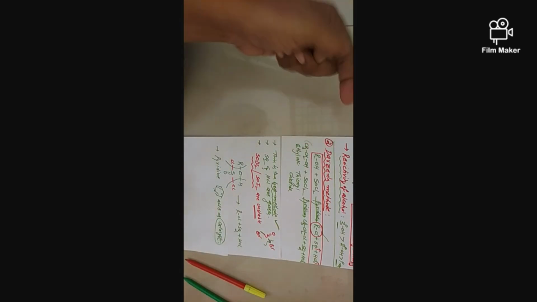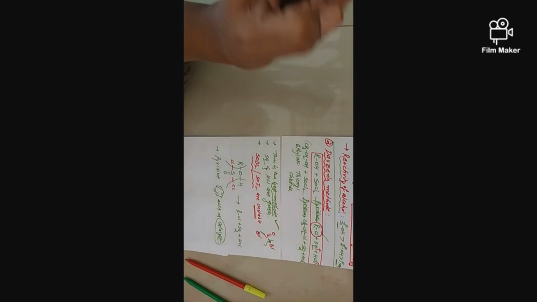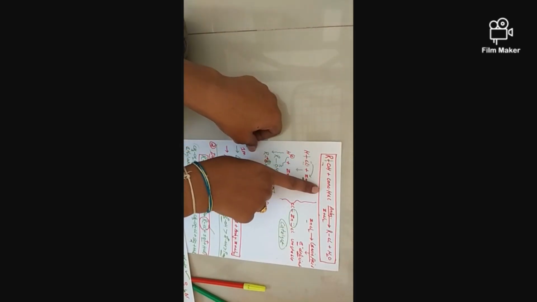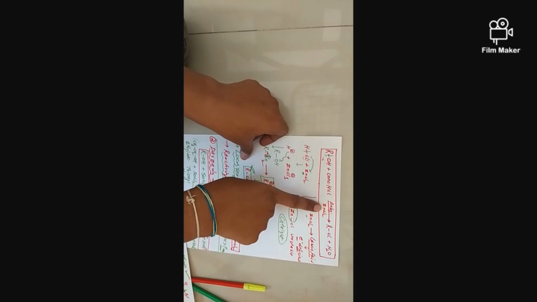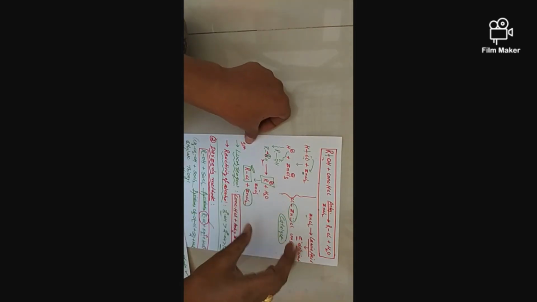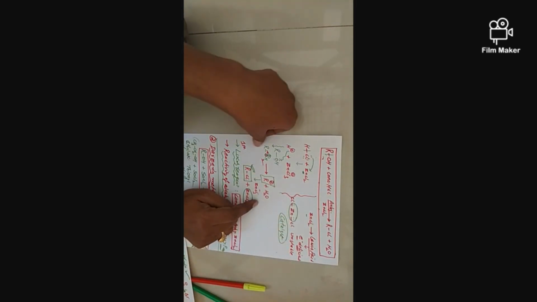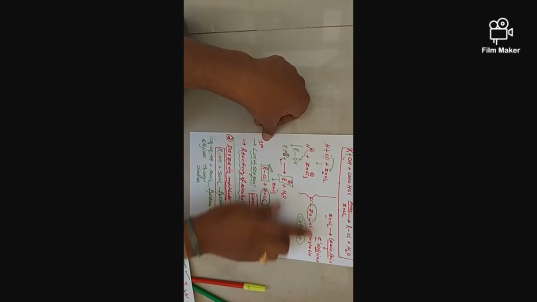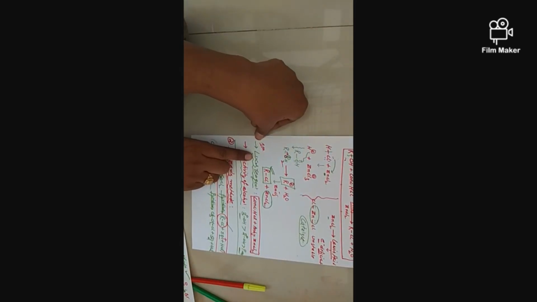So this is the information about only two reactions: Groves process and D'Orgen's method. In the Groves process, recall once again: the reactants are alcohol with concentrated HCl in the presence of anhydrous ZnCl2, and we get alkyl chloride plus H2O. Generally this mechanism is not asked in the regular syllabus, but it is very useful for competitive exams like NEET and JEE. Here the Lucas reagent is very important.